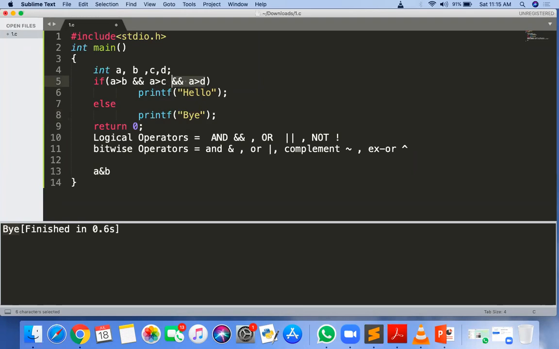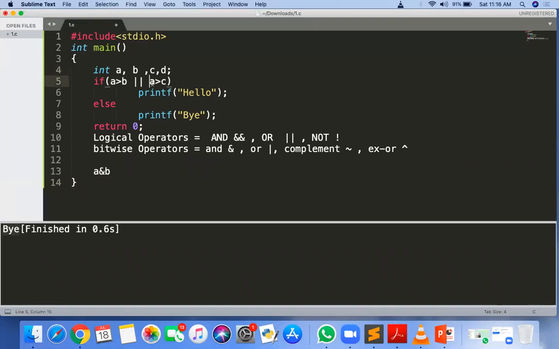And suppose we have to check a condition, but if one of the conditions is true, then only we have to execute. Then we use the double vertical lines, OR. If the first is true and the second is false, then also the condition is true. If the first is false and the second is true, then also the condition is true. If the first is true and the second is also true, then also the condition is true. If the first is false and the second is also false, then only the condition is false. Got it? So if you want to check two conditions at the same time, and you want to check if one of the conditions is true, then we can use the logical OR operator.